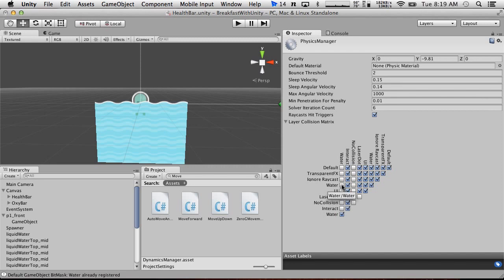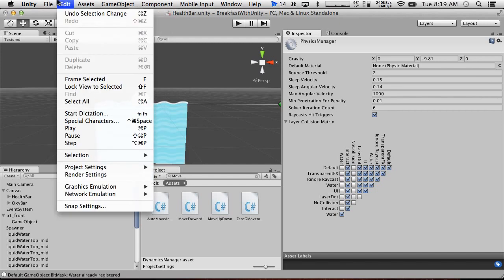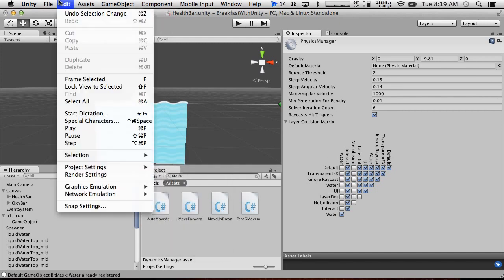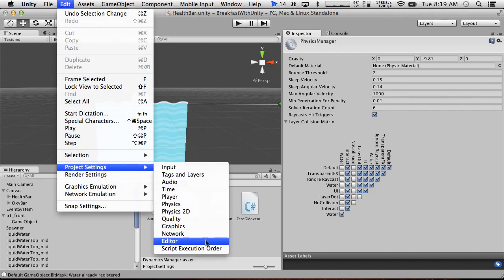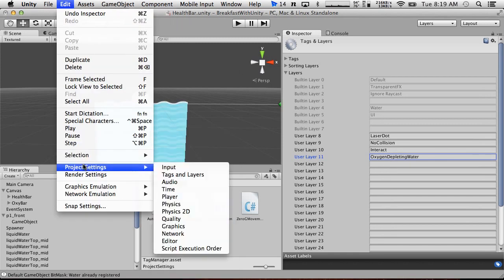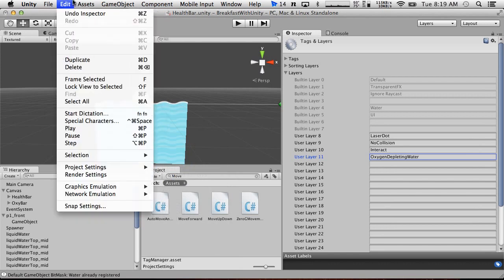Oh wait, we already had a water. Ooh, that's confusing. Let's call this project settings. I don't like that at all. Tags, where are they? Tags and layers. Let's actually call this... I guess we could just use the built-in layer. Let's call this oxygen depleting water. Alright. Makes sense because he's in a spacesuit and it has to have special water to deplete